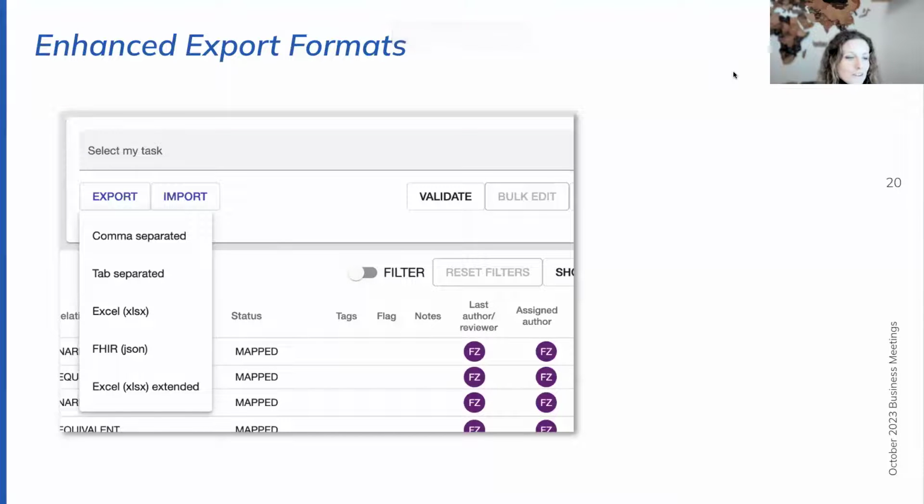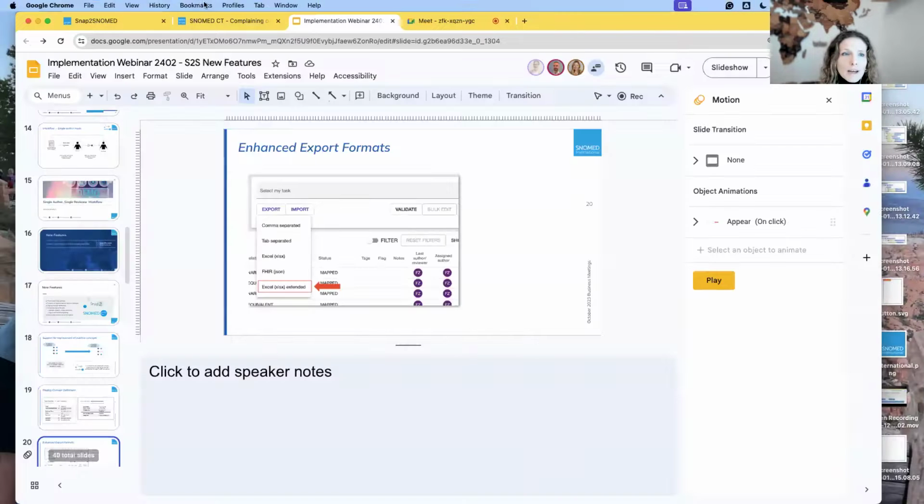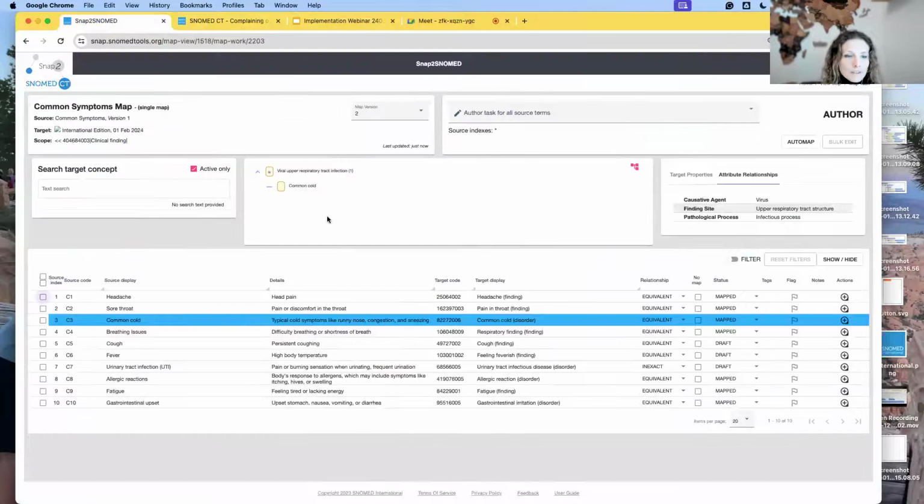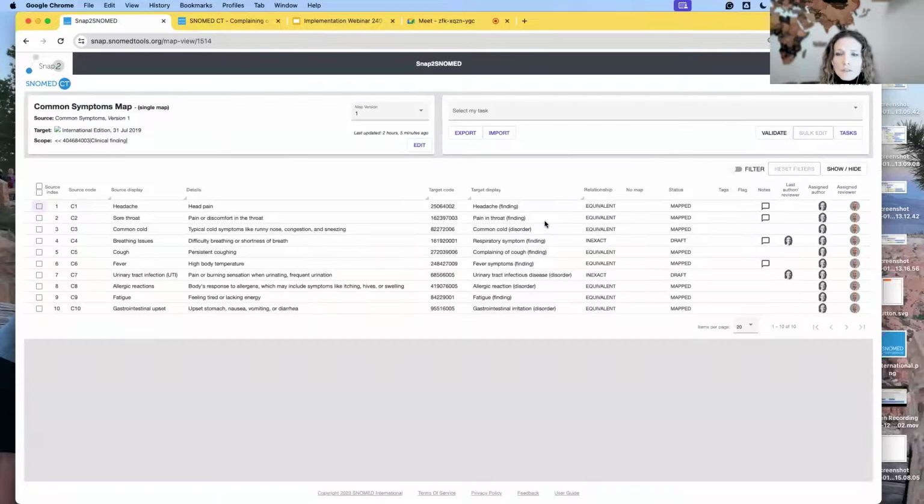So then let's look at one of the new export formats. So I'll just go back now. I believe it's just in the first version here. Yeah, so if you have a map, the tool supports a full round trip. In the old export formats, you could export the source code display, the target code display, and the relationship and status. But there was a request to also be able to view the notes,